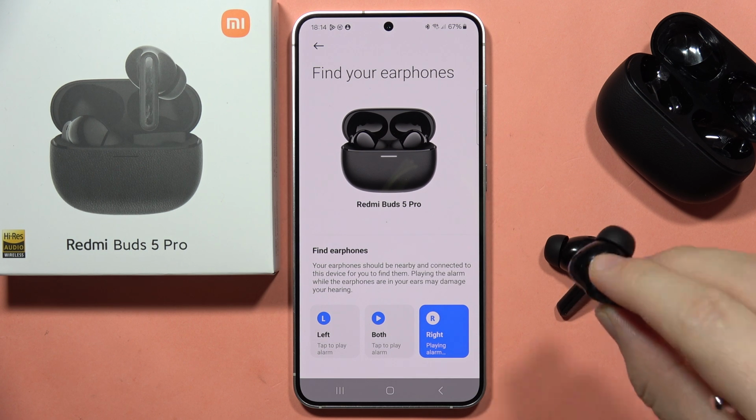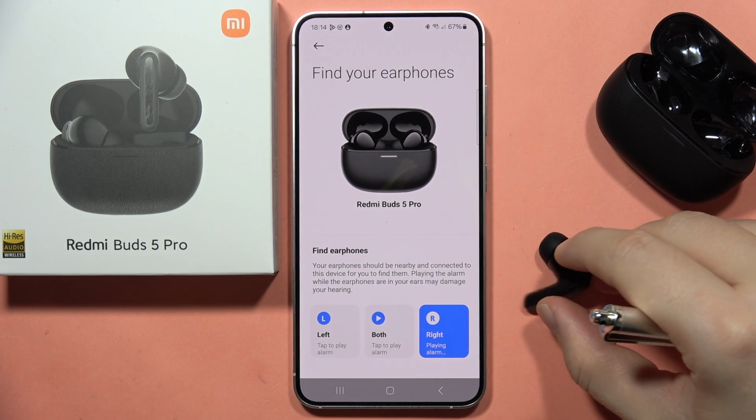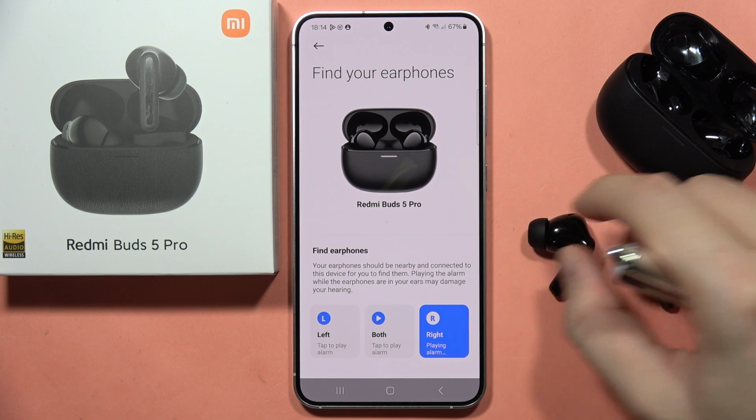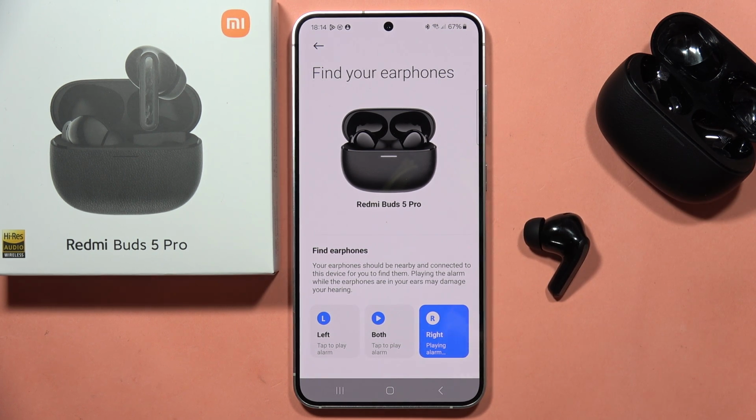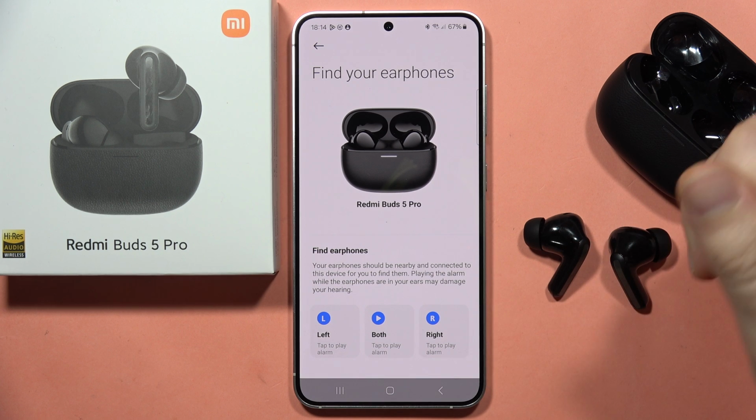Okay, it's actually really quiet. I'm gonna put it a little bit closer to the camera. Maybe you will be able to hear that sound. But unfortunately for me, it looks like there will be almost no way to find it